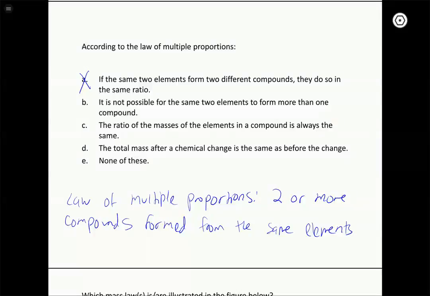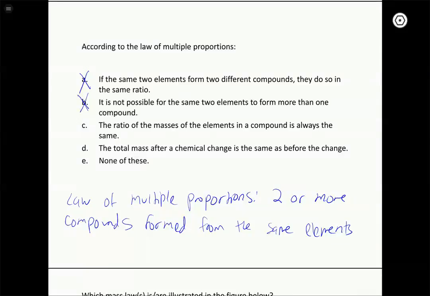B, it is not possible for the same two elements to form more than one compound. Okay, this one is clearly false also. If this was true, we wouldn't even have the law of multiple proportions, but we know of many examples of this. So carbon monoxide and carbon dioxide, two different compounds formed from the same elements. We talked in class about two different compounds that form from iron and oxygen,